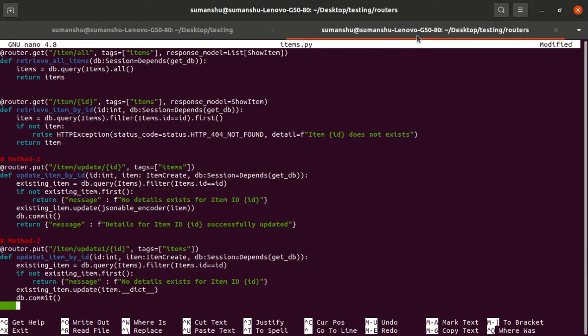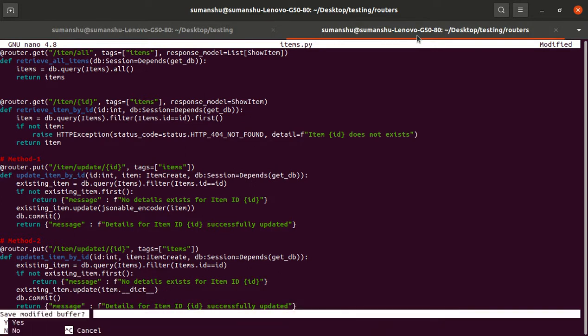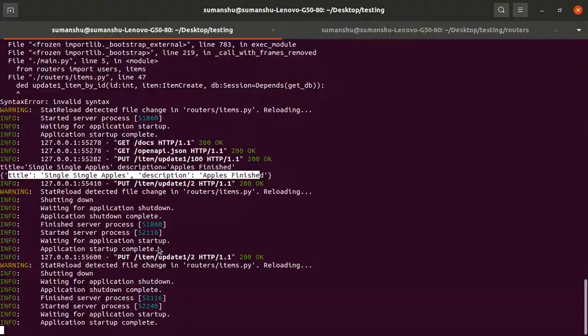So after the item gets updated, I have to return a useful message, which should be an f-string: details for item ID successfully updated. Okay, yes, the application is running. Yes, the application is running.